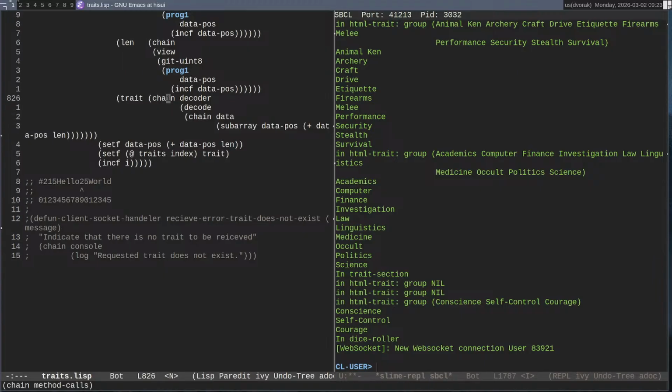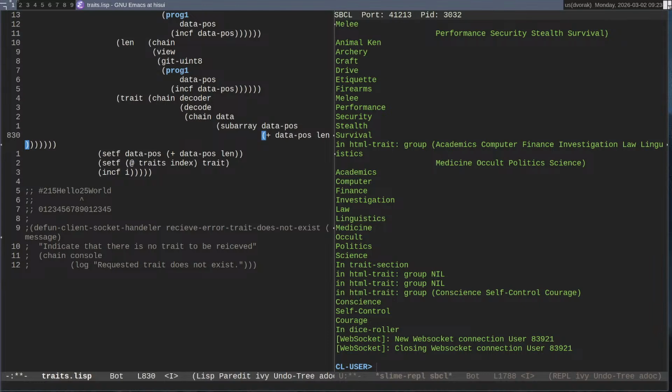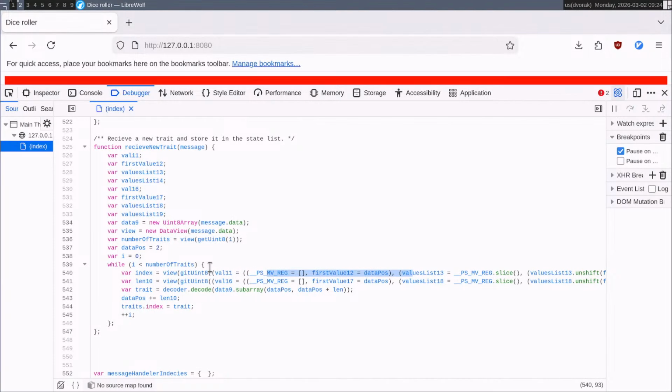And yeah, then we've got this trait where decoding the data back into a string, but it's essentially just a subarray, the rest of the data, right? So get from i until the length, add the length to data pos, len 10, and yeah.